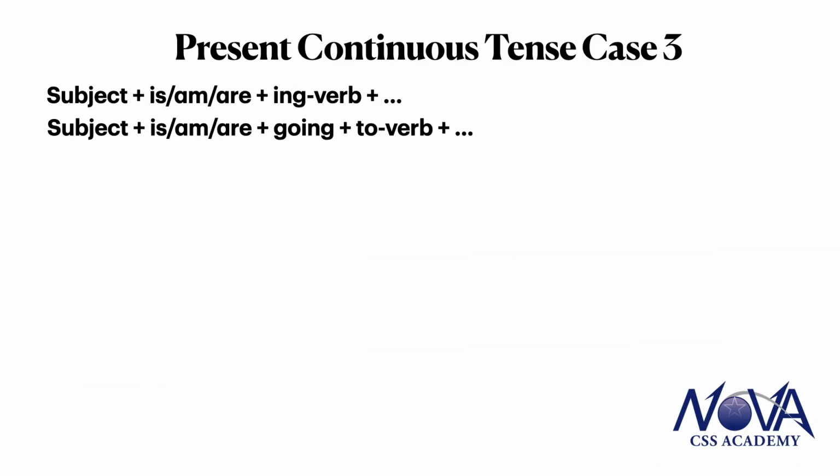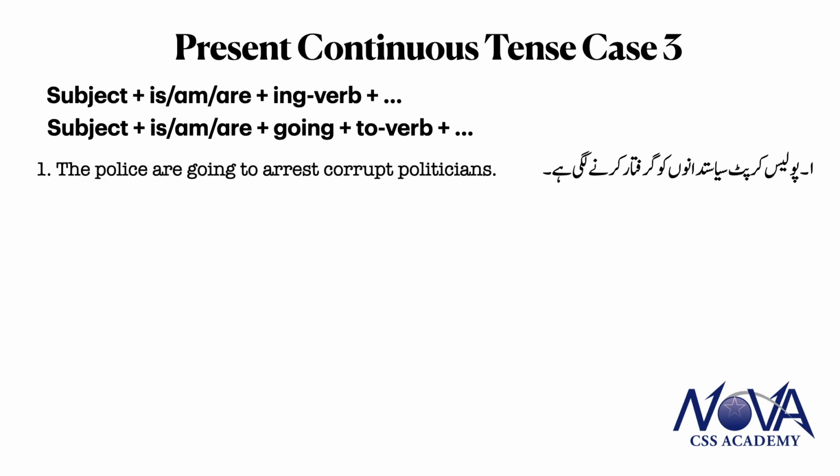The first Urdu sentence that belongs to this particular tense is पुलिस करप्ट सियासतदानों को गिरफ्तार करने लगी है या पुलिस करप्ट सियासतदानों को गिरफ्तार करने जा रही है. Those people who are very well familiar with Urdu language can understand that there is no difference between these two different types of Urdu sentences. Their concept is the same. In this case, the police are going to execute their action of arresting the corrupt politicians. So, we use the structure of present continuous tense in this sentence as the police are going to arrest corrupt